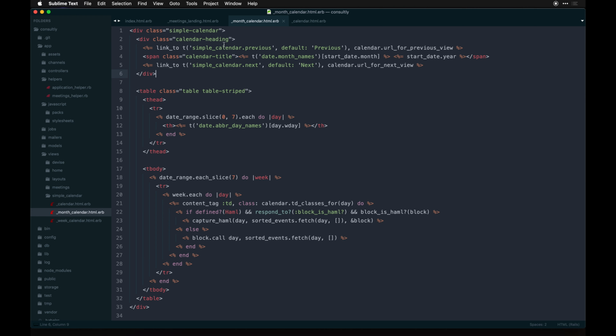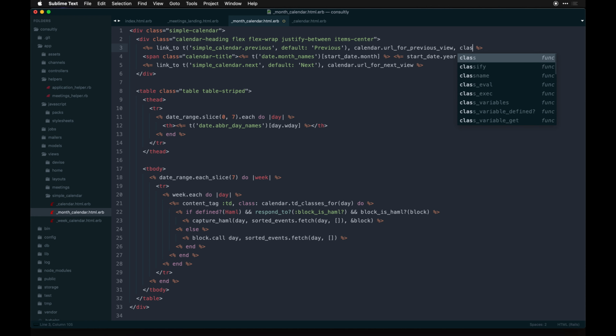So what we can do is just do a little Tailwind support for some of this stuff just to give it a nicer look and feel. So I'll start by adding those classes. So for each calendar view link, I want to add a class button default,